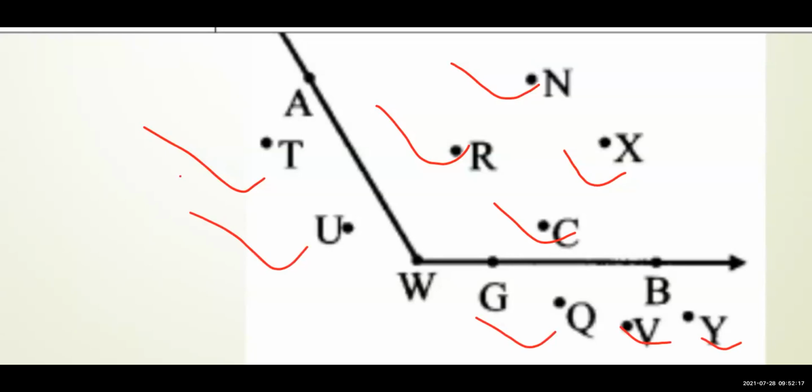Okay. Now last, what are the points on the arm? Very good. What are the points? That is A, very nice. Then W, very good. Very nice. Then G, and last that is B. Those are the points on the arms of the angle. Very good. I got the answers from your side only. Chalo, note it down in your notebook within 1 minute only.